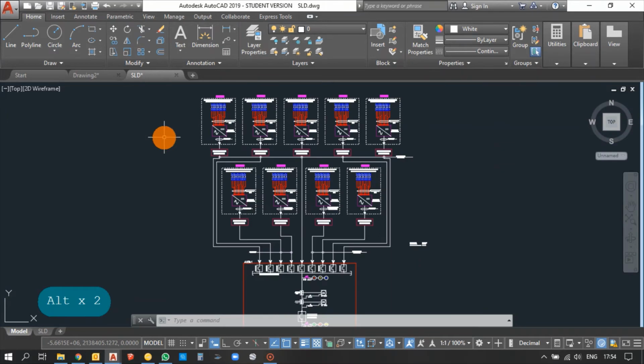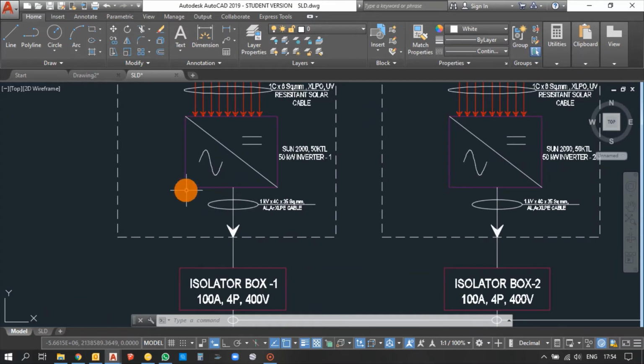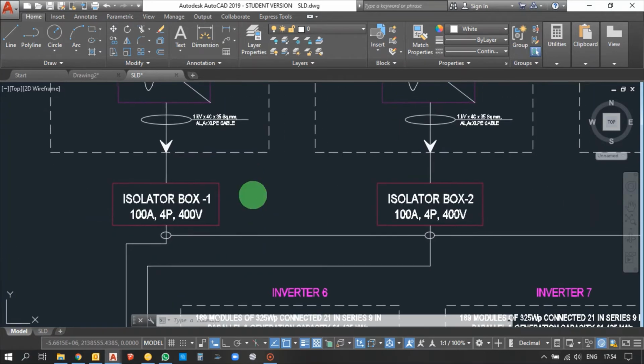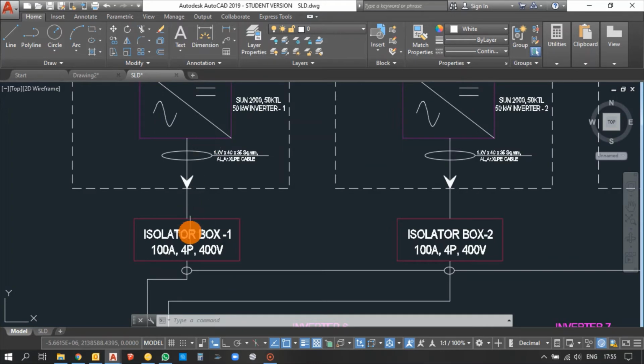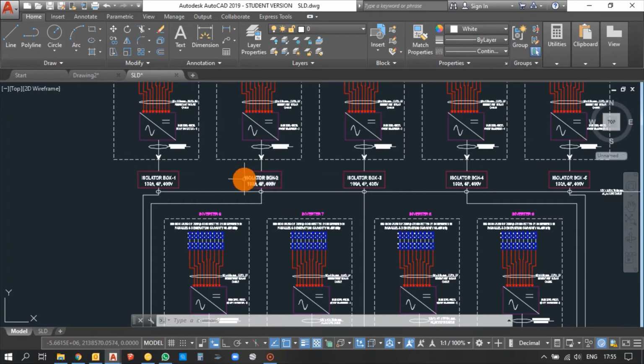Depending upon the distance from the ACDB to the inverter, you will be using different cable sizes. I cannot connect a single cable for all 9 inverters to the ACDB, so it has a different rating depending upon the distance from the ACDB. The maximum size of the cable that can be connected to the inverter will be around 35. Each manufacturer has a rating, the maximum cable capacity that can be connected to the gland of the inverter. So the maximum is 35 square mm for a Huawei 50 kilowatt. After connecting the 35 square mm cable, I have placed an isolator between the inverter and the ACDB. You can see an isolator for every inverter.